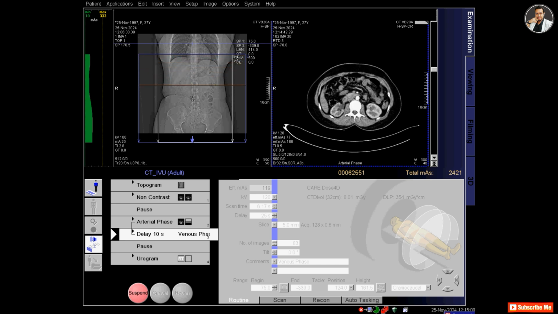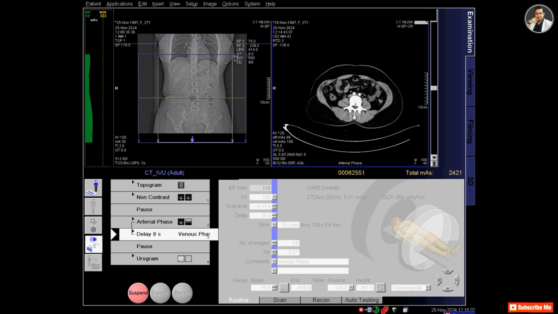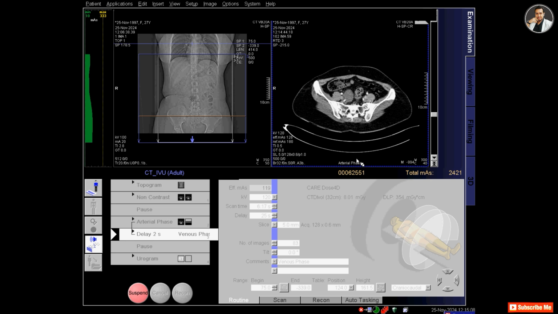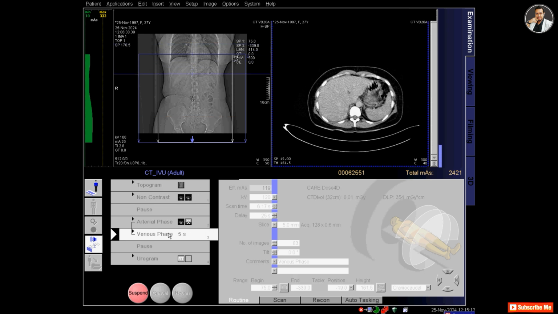So it will be a corticomedullary phase in this scan. So right now my initial 2 post-contrast scans have been completed.